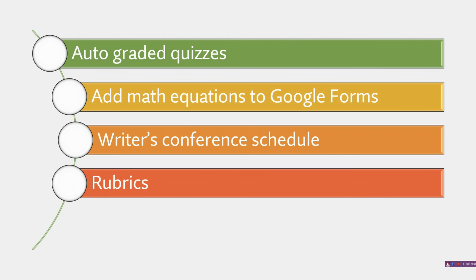Next one is rubrics. Create your rubric in a Google form to make an easy place for you to assign grades and provide feedback to the students. You can assign grades and feedback to the students by creating a rubric. Rubric means what? It means a printed set of scoring criteria for evaluating students' work and for gathering feedback. This is what rubric means. It is a set of scoring criteria for evaluating students' performance and for gathering that feedback. This is what rubrics means.